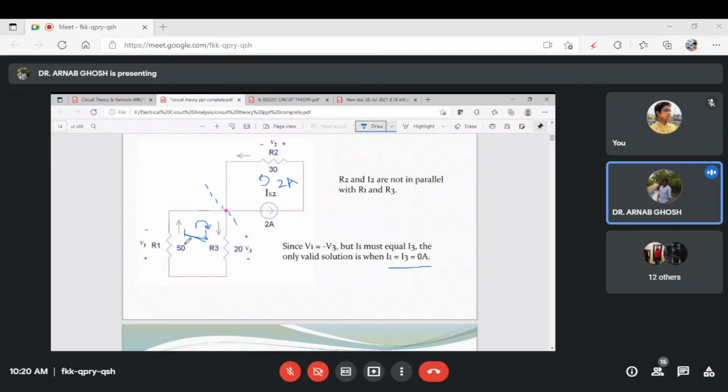Am I right? So therefore your I1 will be equal to I3, and in parallel branches you know that the voltage is also same. So therefore if the voltage here is V1, this will be equal to V3. For these two branches, therefore the voltages are also same, the currents are also same. So when is this possible? Because you are having the resistances as different. So if the resistances are different but the voltage and current are same, this is only possible when the current is equal to 0.